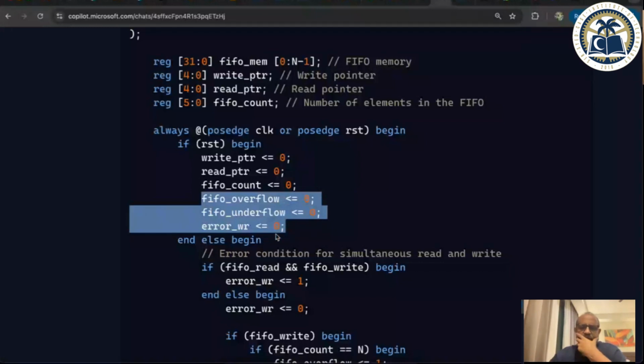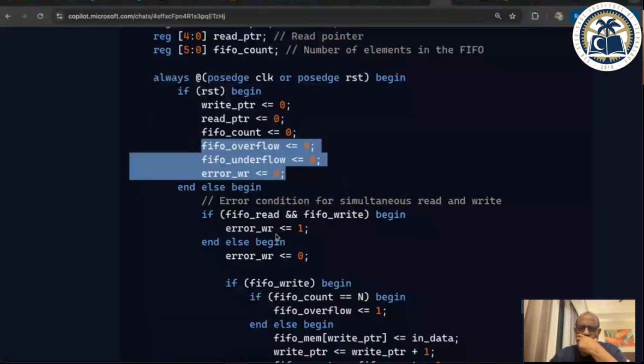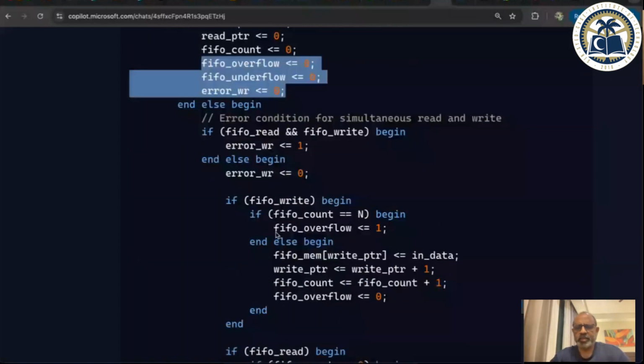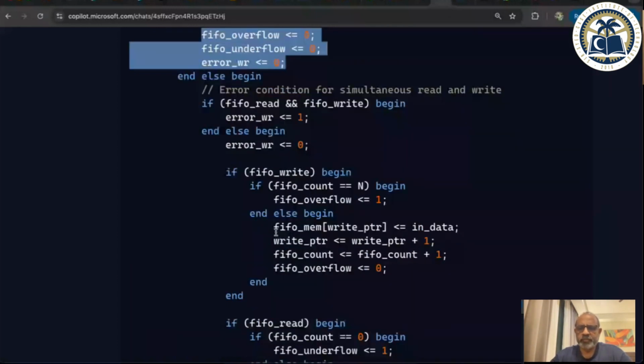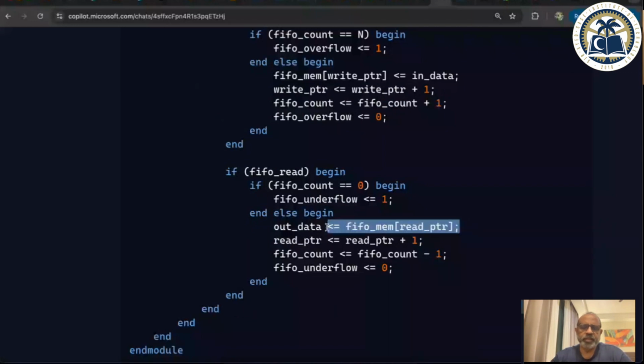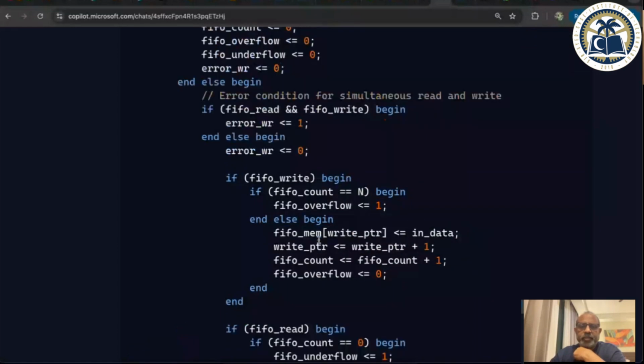Also, this value, once it is read, is being put into a register, out data. I want this value to just go out from the memory. It's going into a register, so anybody who is using this FIFO would get it in the next clock cycle, which may be fine. I'm not saying something is specifically wrong, but I wanted this to be outside the procedural blocks.